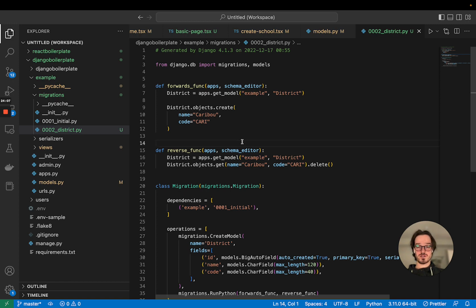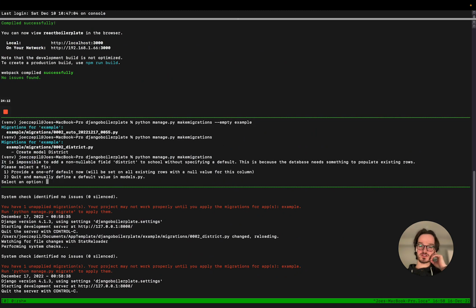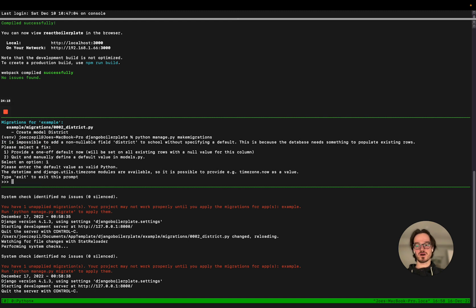Now, if we go back to our editor and we run make migrations again, it's going to say, what do you want as a default for schools? What district do you want to use for schools? And now we can provide a one-off default rather than a continuous default. So this is just going to run for all schools we already have. Otherwise, you would require a district to create a school. And a one-off default, I think,